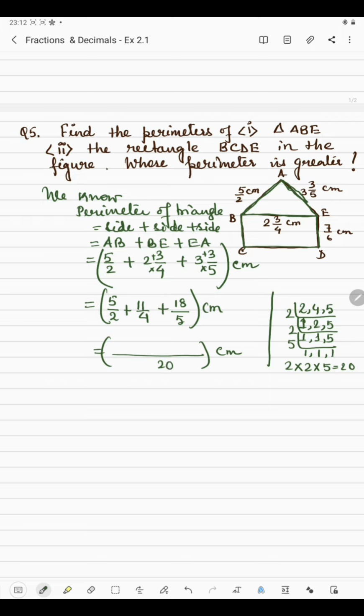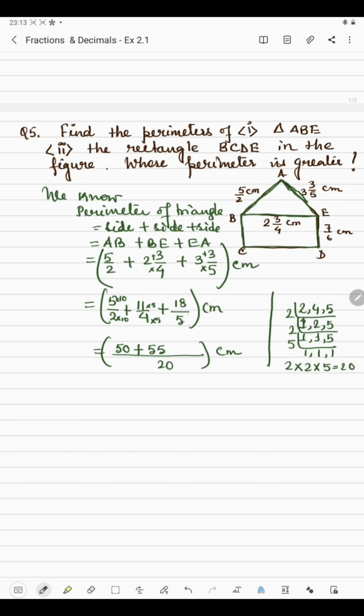So what will be multiplied by the first fraction? Means the denominator. Here 10. So the same number will be multiplied by the numerator. So it will be 5 10s are 50 plus. Now what should be coming to the next fraction? What should be multiplied by 4 to get 20? It's 5. Now the same number will be multiplied by the numerator. So 5 11s are 55.